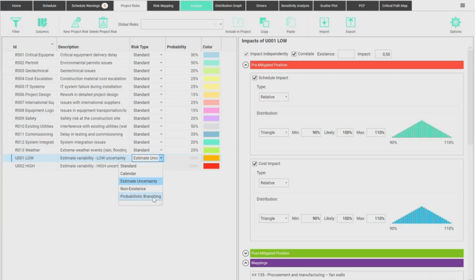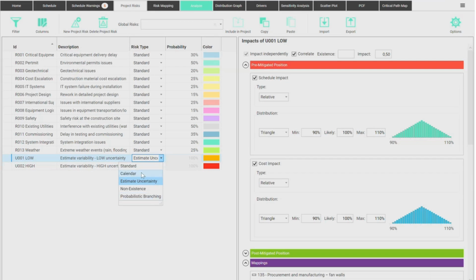Or if the bidding process goes all right, the project goes one direction. If the bidding process goes another way, you can sometimes hire a company outside of the bidding process because there was no competition, so you're excluded from the bidding process. Probabilistic branching works nicely. It's the correct tool to model this kind of behavior within the schedule. Sometimes you don't know whether you're going to hire company A or B to do something, so probabilistic branching works with that.